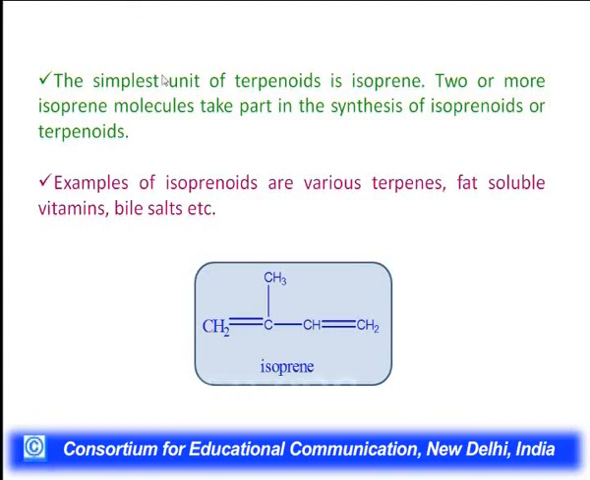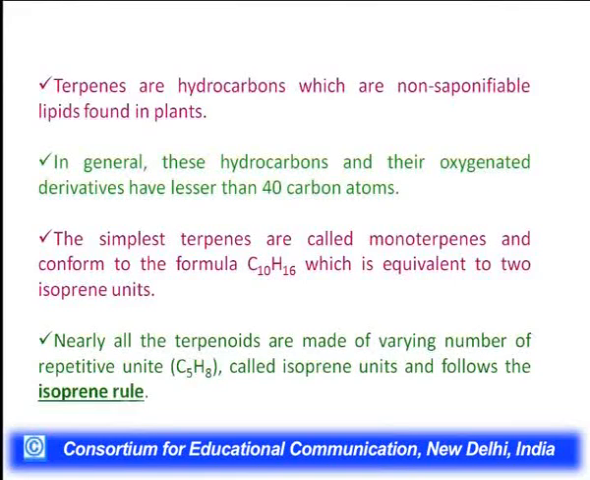So here we have shown you the structure of isoprene. It contains 5 carbons, and this is the simplest monomeric unit of the terpene. And these terpenes are hydrocarbons, which are non-saponifiable lipids found in plants. In general, these hydrocarbons and their oxygenated derivatives have fewer than 40 carbon atoms. The simplest terpenes are called monoterpenes, which conform to the formula C10H16, which is equivalent to 2 isoprene